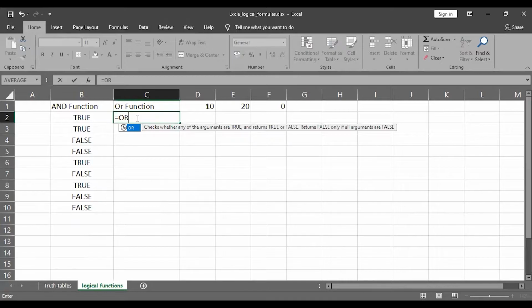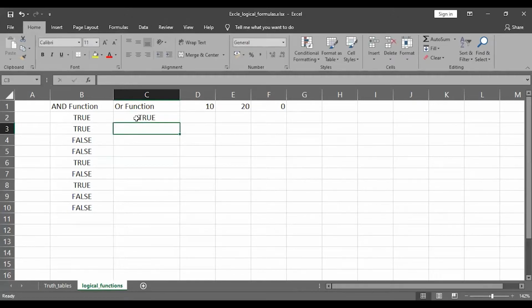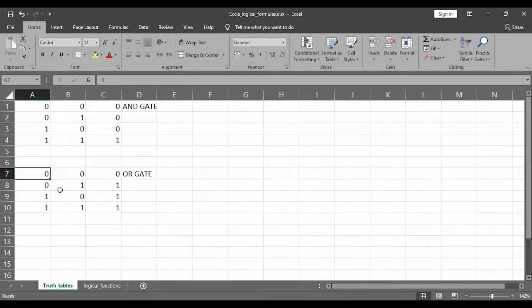Now what I'm going to do is true, comma false. It is going to return me true. Because if you have a look at the truth table of the OR function or OR gate, you can consider 0 to be false and 1 to be true.